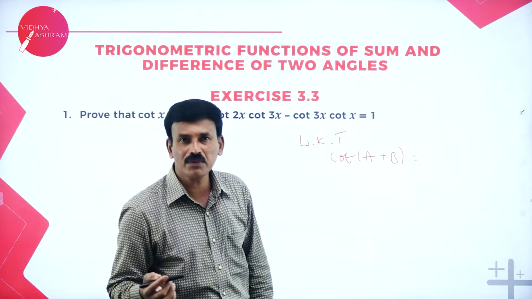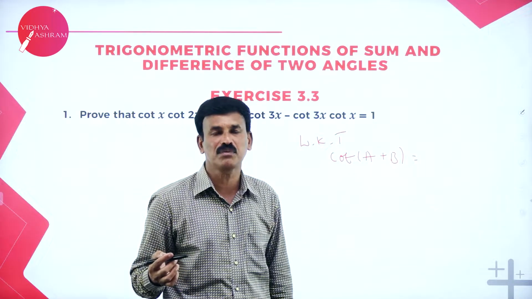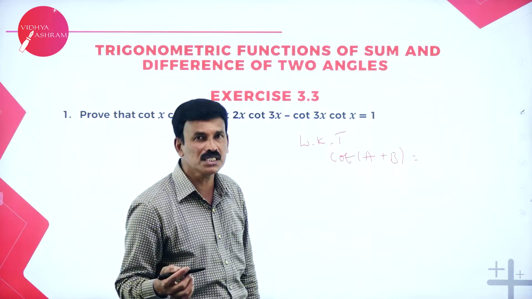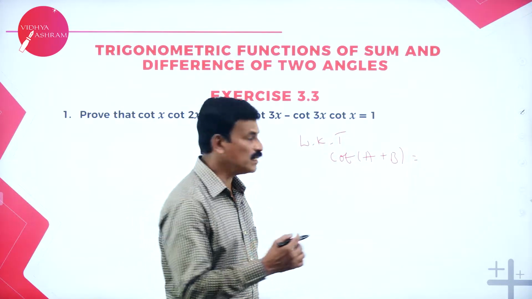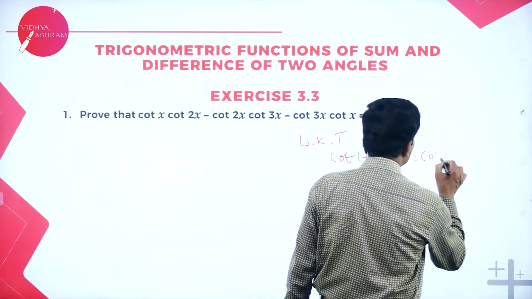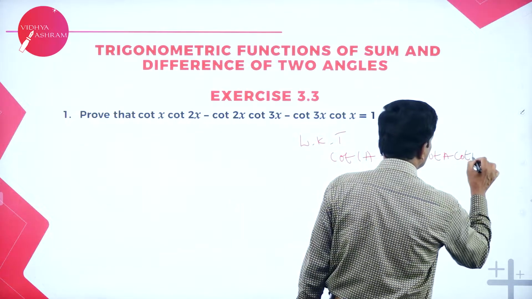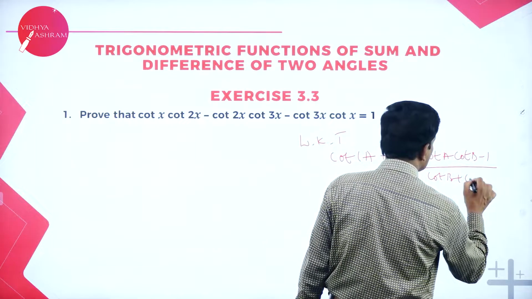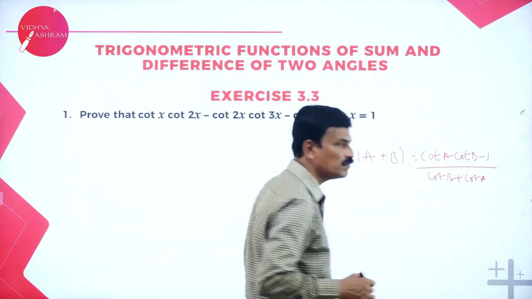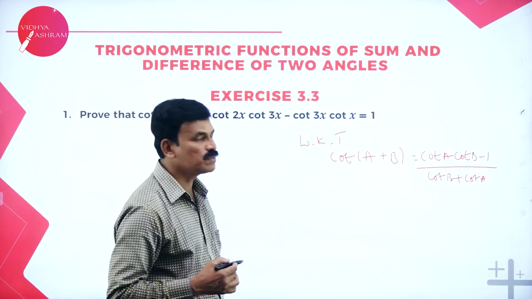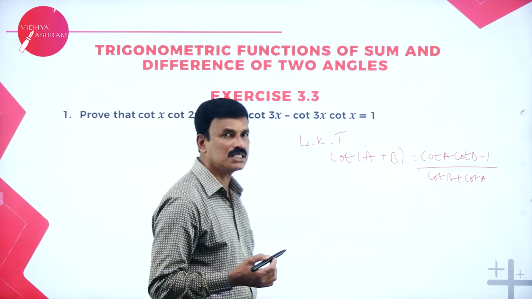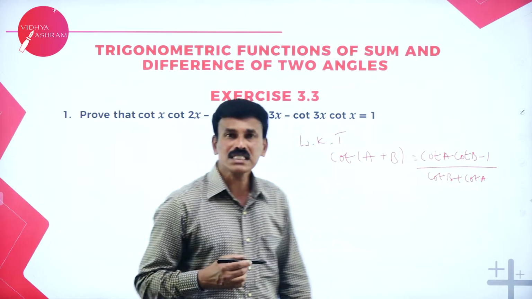So, we know tan A plus B is equal to tan A plus tan B divided by 1 minus tan A tan B, whereas cot A plus B can be written as cot A cot B minus 1 divided by cot B plus cot A. So, cot of A plus B is equal to cot A cot B minus 1 divided by cot B plus cot A. Okay. Now, let us consider